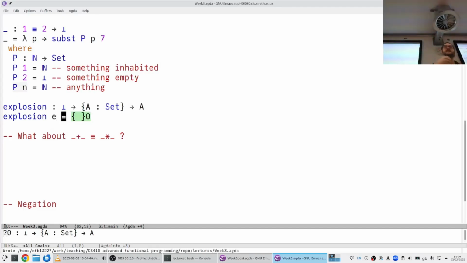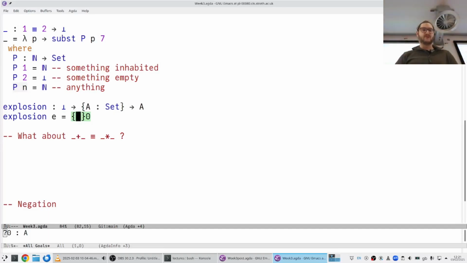And so you can exploit the proof of the empty type to dismiss the dead code branch and say, yeah, it has the right type, whatever, because it will never be reached in practice unless your type system is deeply broken. And how do we do that? Well, we introduce this value, so now it's in the context.